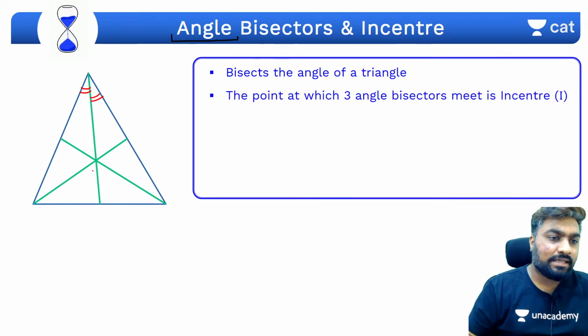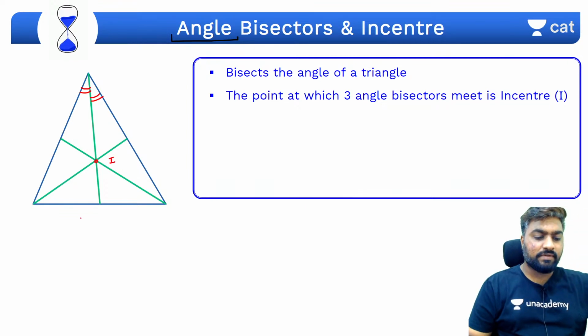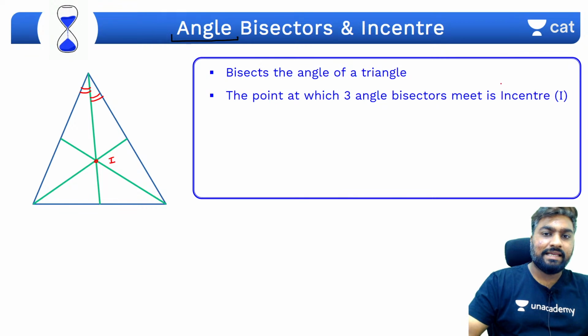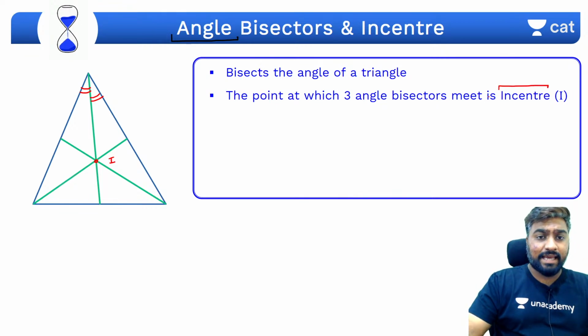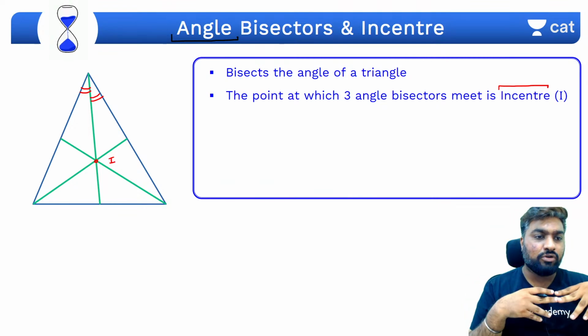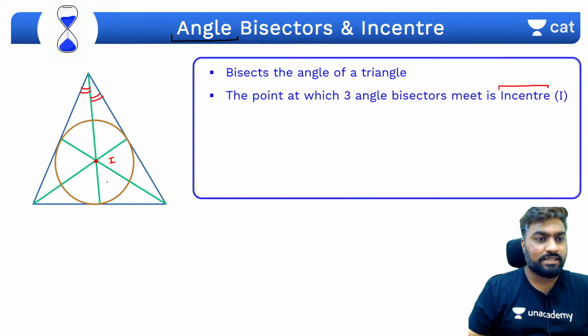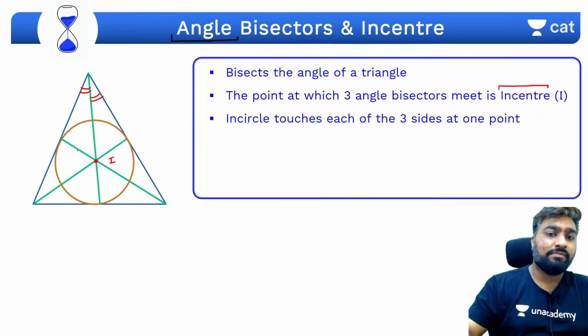what will I get? I will get a point called incenter, yes, which is represented by I. इन सेंटर क्या है? I. यस तो अपन ने पिछले केस में सर्कम सेंटर देखा, जहां से अगर आप सर्कल बनाओगे तो क्या होगा, पूरा ट्रायंगल उसमें सर्कमस्क्राइब हो जाएगा, राइट। इसका नाम इन सेंटर है क्योंकि अगर आप इसको सेंटर रख के एक सर्कल बनाओगे, if I draw a circle with I as the center, yes, then you will get something called incircle।